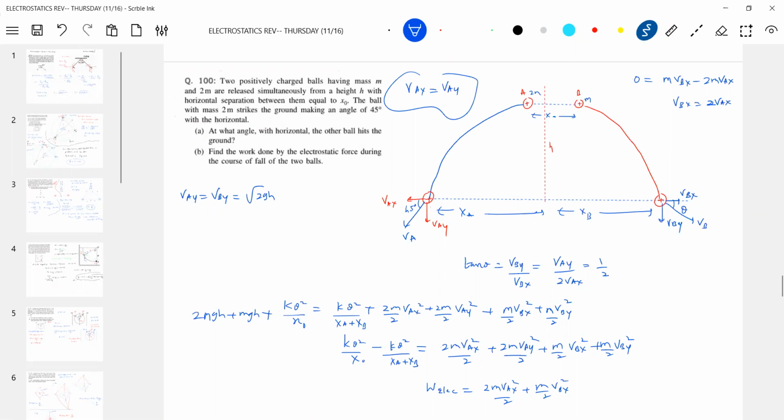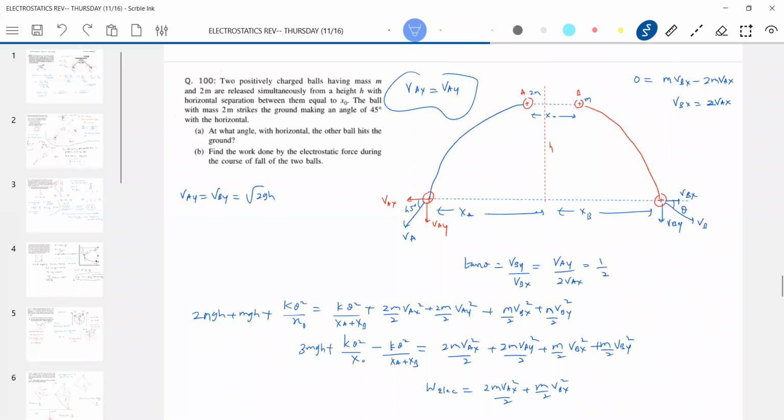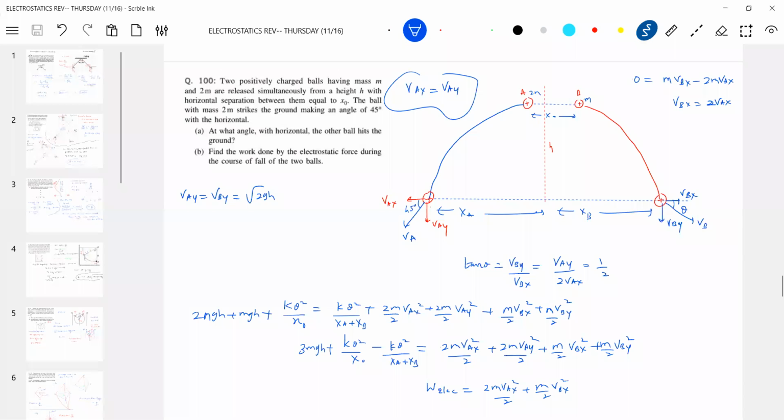Sir, in the next equation, kinetic energy due to the vertical component should not be written. 3mgh, this will be there. Then okay, 3mgh will be there. Work done by electrostatic force also will be different, sir. We take only minus of change in potential energy, electrostatic. Correct. What all that the horizontal component of velocity is due to? The horizontal component is due to electrostatic force. I think this will be a better way of thinking about the problem, no? I brought it like this.